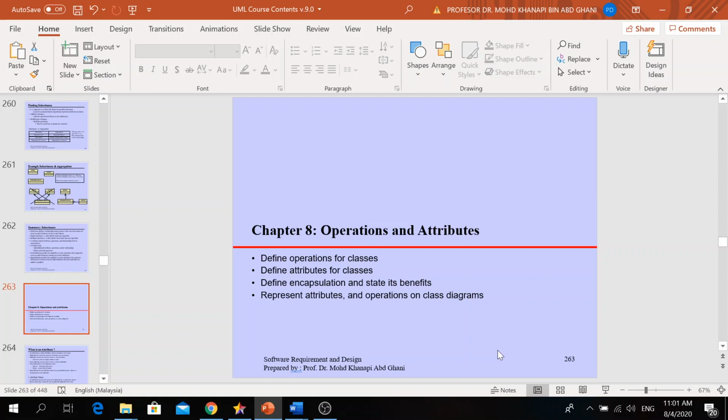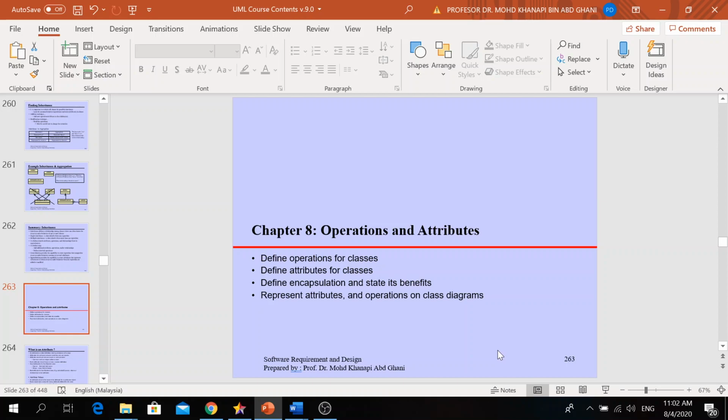We define the class while we identify the objects involved. So I give an example of the class people. People involve many objects such as a student, staff, manager, etc.